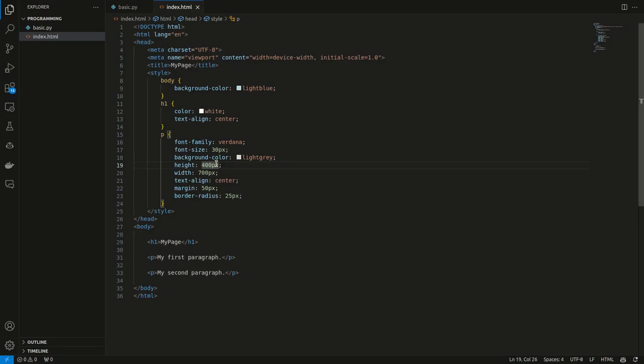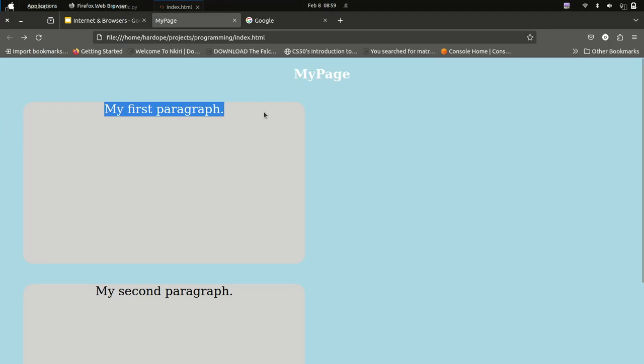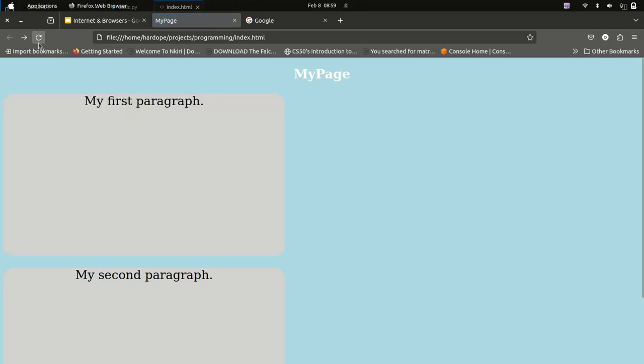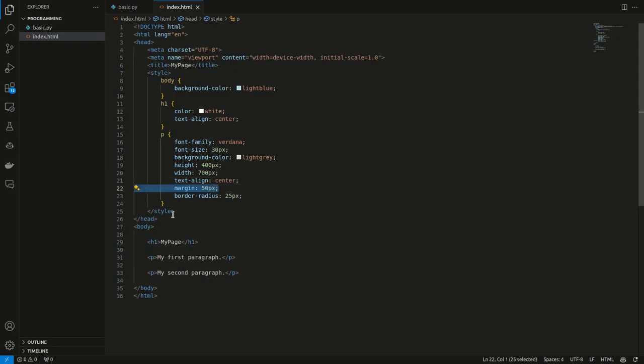So now, text align center, we have the margin equals 50. That's the distance from the left and right. So you can see it's a little bit distant from the left side of the screen. But when I remove this, it goes back. You can see it falls back to the left of the screen. So the margin tells it how much distance it should give itself from the left or the right side of the screen or whatever is actually surrounding it. So let's go back and change that margin to 50.